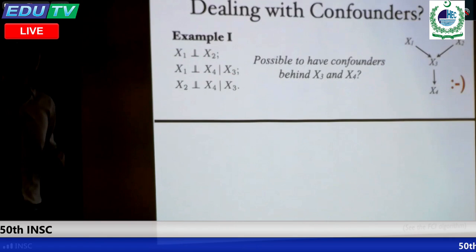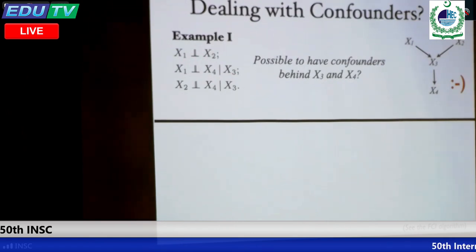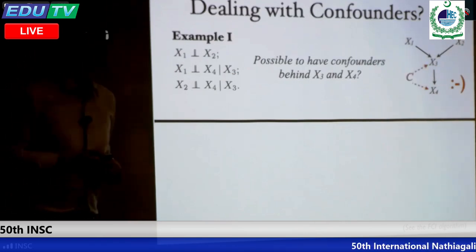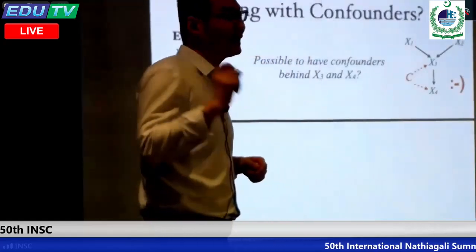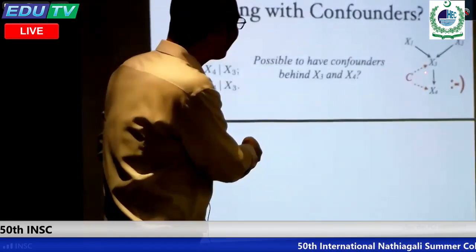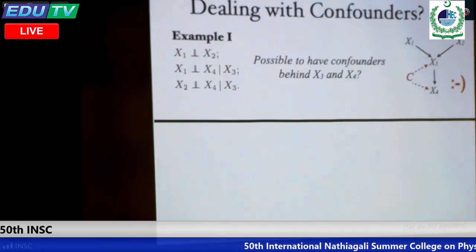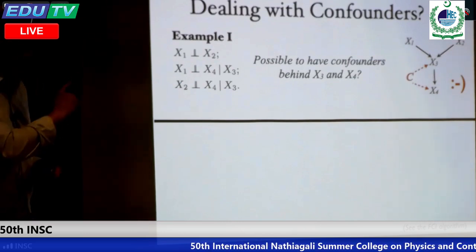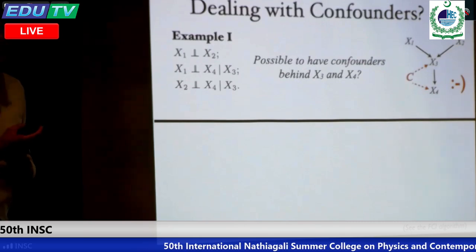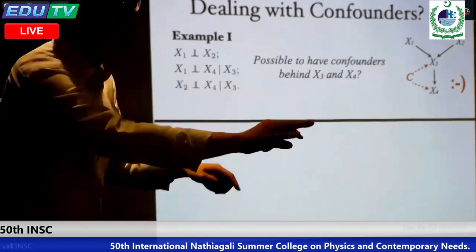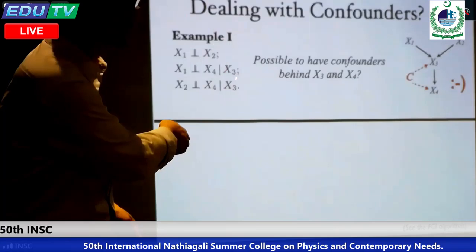Now I have only one question. We know that in the universe, there could be so many variables. The question is whether it is possible at all to have a latent common cause for X3 and X4. Sorry? The question is whether it is possible at all to have a latent variable C as a common cause of X3 and X4. Latent, hidden. Yes or no? I asked the question. So the answer should be different, right? Otherwise, no surprise. The answer should be surprising to you. Do you think it's possible at all? In principle, yes, right? Because there could be anything. However, given the independence patterns in this case,